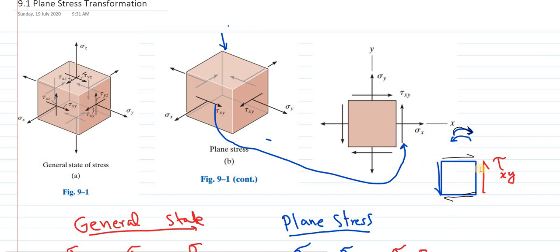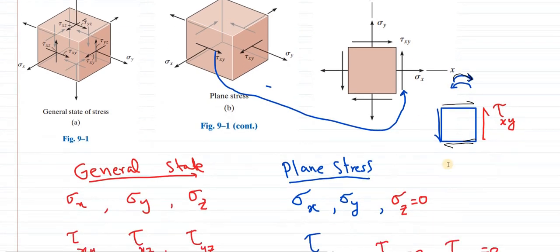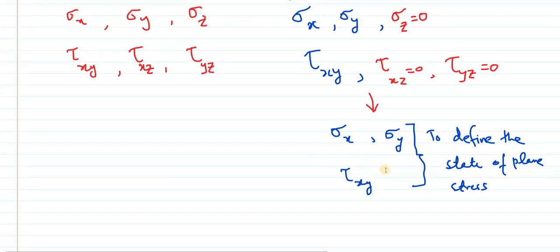One quick tip is draw this first and then draw this one opposite to it. Now draw two arrows joining the heads of the previous one. For example, this will join the head of this one, and this will join the head of the other one. Just a quick tip in drawing. Otherwise, the concept is what I've already demonstrated. So this is what we have to find: sigma x, sigma y, and tau xy. I mean, this is what will be completely defining the state of plane stress at a point.